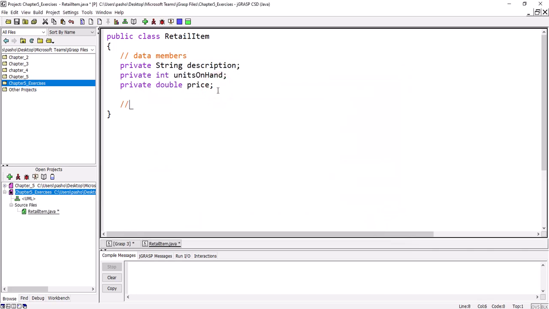Now, next we need to define the methods. The question did not talk at all about constructors. All it says is that it needs mutators and accessors. So first we will define the methods of the class. First we will define the mutators. First, we will write the mutator for the description. So it will be public. And since we are going to use set, it should be void. And the name will be set, capital letter D,